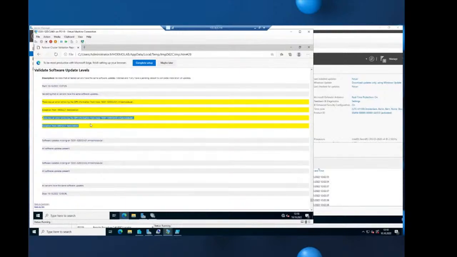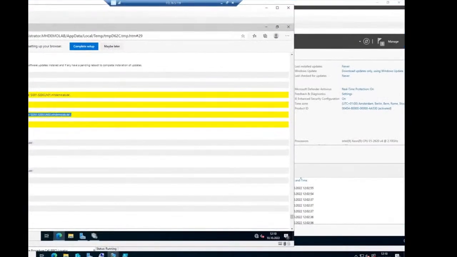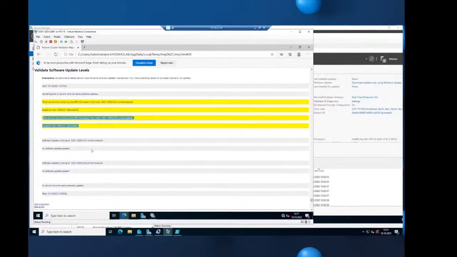In my cluster, this is an isolated environment. I don't have internet connectivity from this cluster. This is the reason why I received this warning, where the cluster says, oh, I cannot validate the updates because I cannot reach the Microsoft update server. So this is no problem for us, but the recommendation for the production environment is to have some internet connectivity